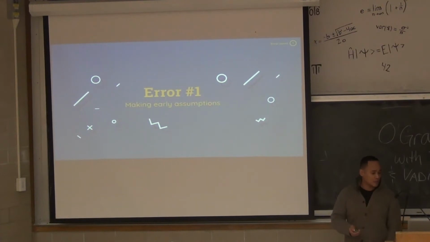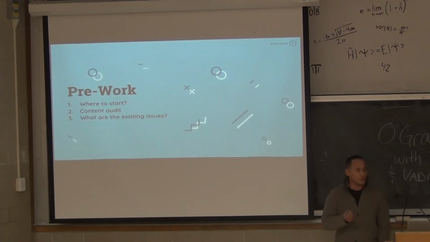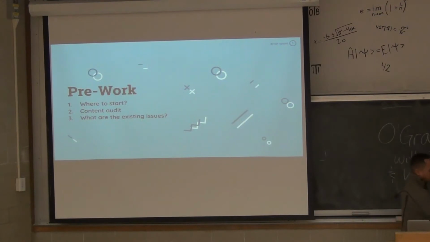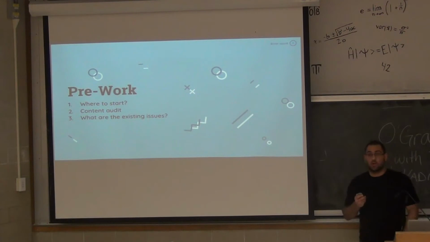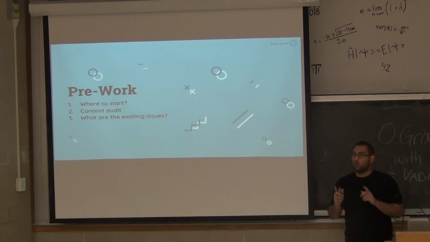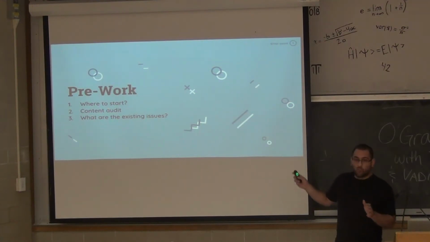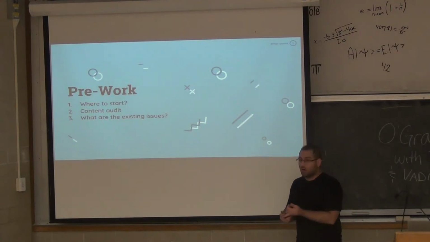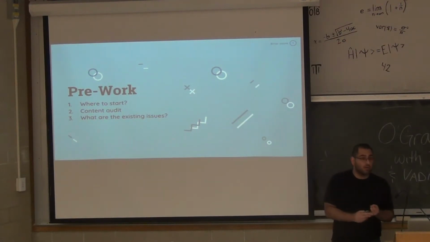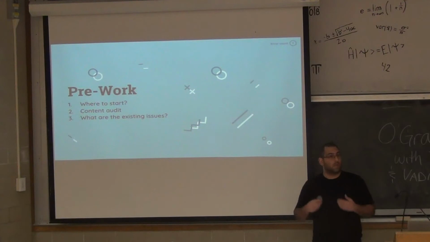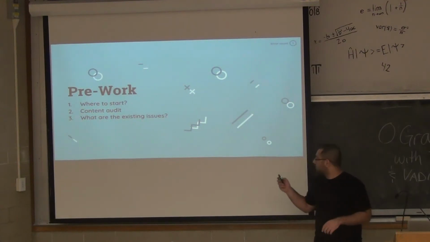So Armin will talk about a bit of the pre-work that went into creating the intranet. Thank you. So little did we know, we actually didn't know we made that error before we even started. So we thought, as we jumped into this, let's do what any good designer would do. We need to figure out what problem it is that we're solving. So, boom, our pre-work. One, where on earth do we even start from? Can we do some content audit, get a good as-is state analysis, figure out what was wrong, and most importantly, what are the existing issues? That goes back to what problems are we solving?